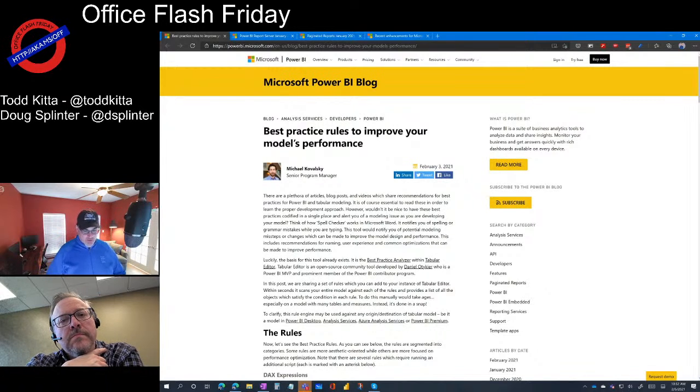You can get up and running really easily, but if you have anything of moderate to severe complexity, there are some things you need to take into consideration to deliver something with good performance, that is easy for your users to use, and easy to maintain. So there are some things you want to learn. This post walks through using the best practice analyzer inside of Tabular Editor.